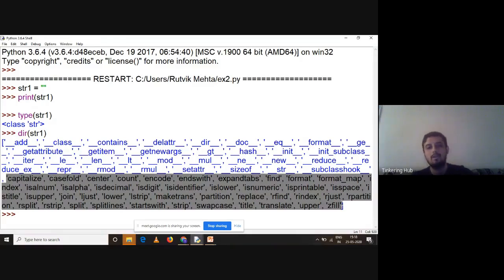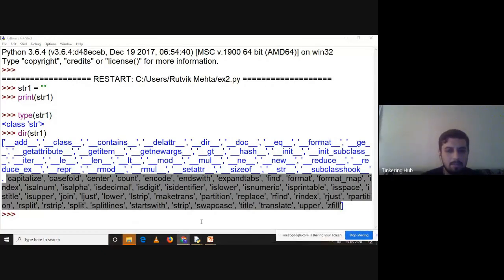Now there are many more: capitalize, casefold, center, count, encode. There are lots and lots of methods available on the string object. Because of time restriction, we cannot cover all, but I'll tell you a few important methods which are useful in learning, in text processing, even in natural language processing. How strings can be processed and how we can work with them. We'll go through a few examples, and then let us understand how we can iterate through the string with loops. That is our final goal. Okay, so let me start with a few basic methods.